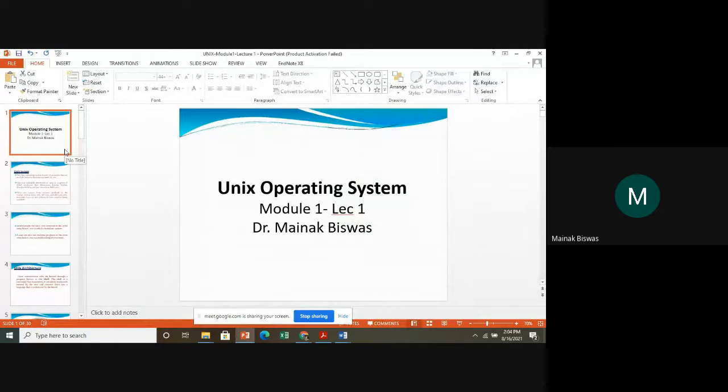So basically, this was our network administration using Unix. We will be looking into how the network is administered using the Unix operating system. But first, let us look into the Unix operating system from a new paradigm.